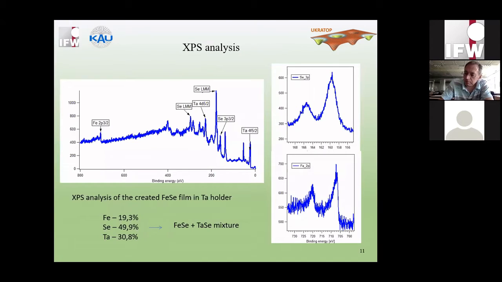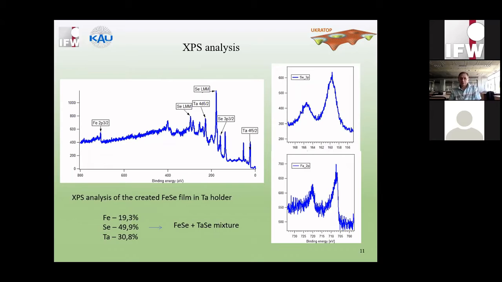First, I make express analysis of the created iron selenium films at 10,000 Fourier. Due to the large spot of radiation, the holder also gets into the analyzer area. Thus, we can see the presence of ferrum, iron, selenium, and tantalum. The calculation showed that in the film, iron and selenium are in equal quantity. Thus, we can say that